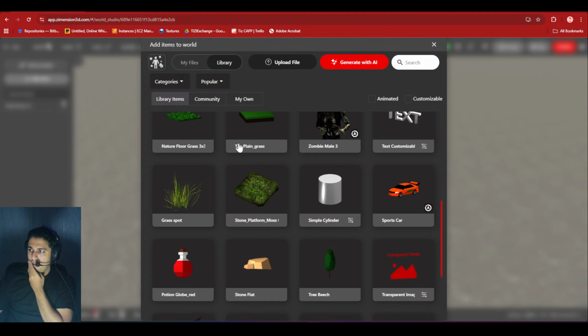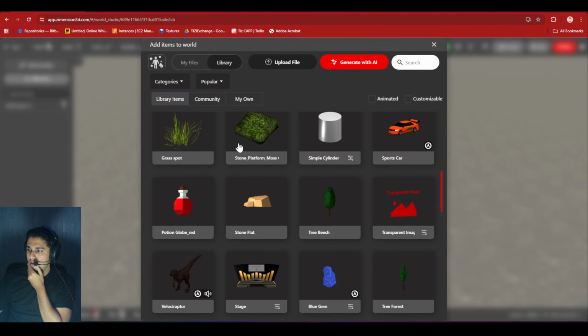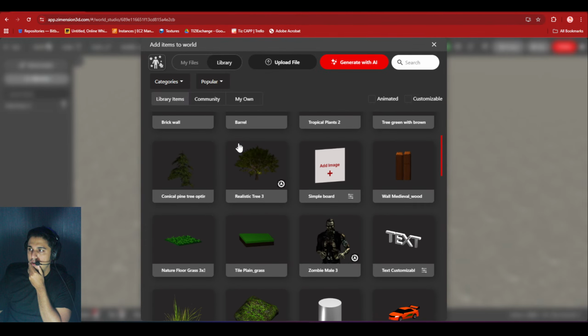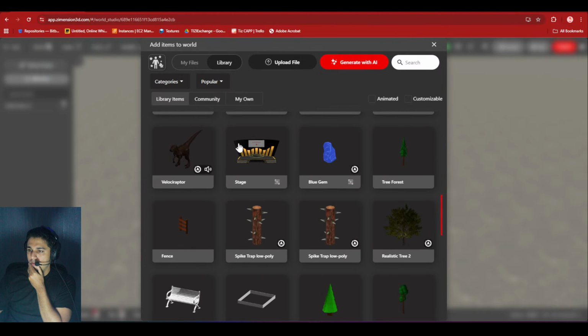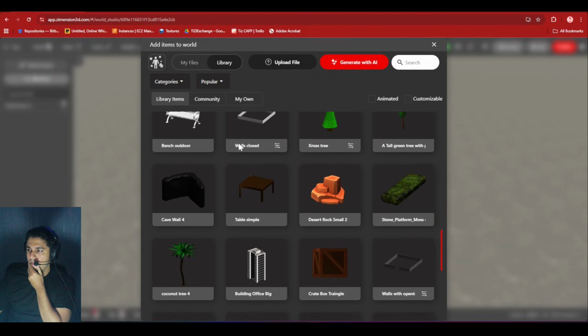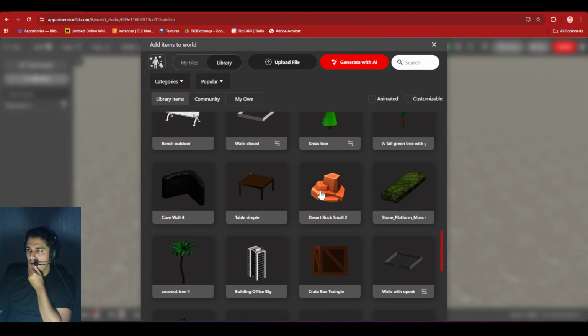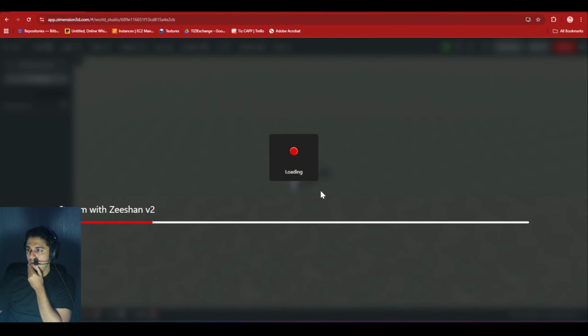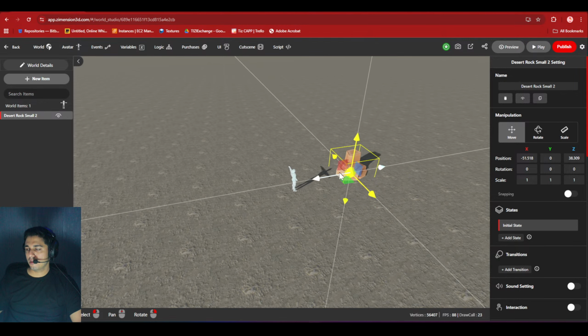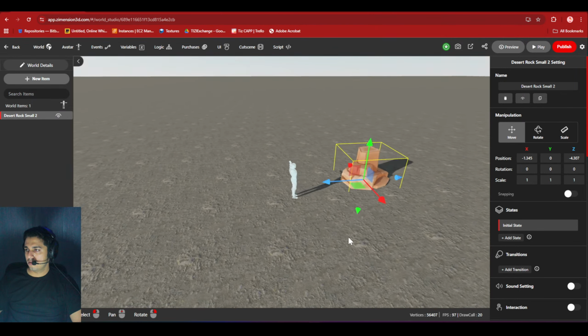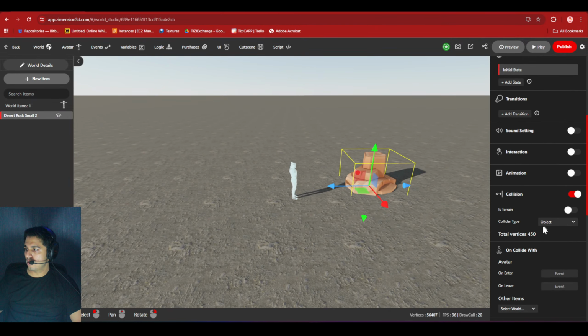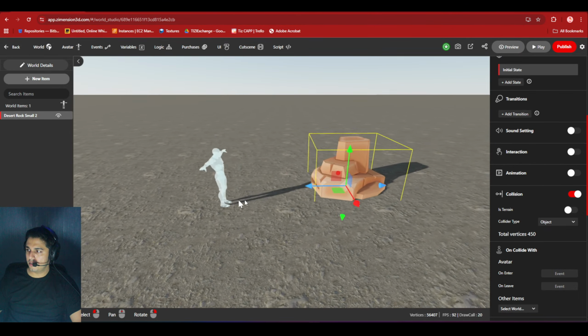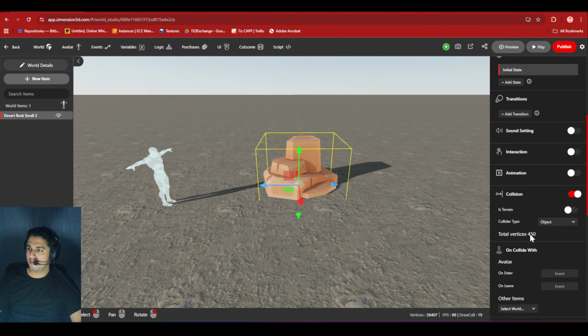For example, let me take something with a weird shape. Okay, I think this looks good. Now, if you see in the collision, it has very few vertices, just 450 vertices.